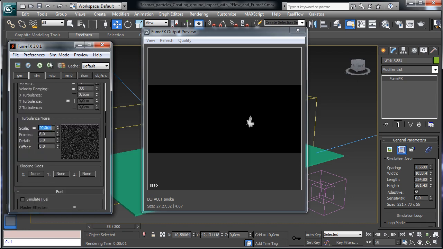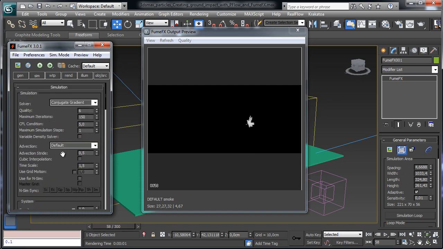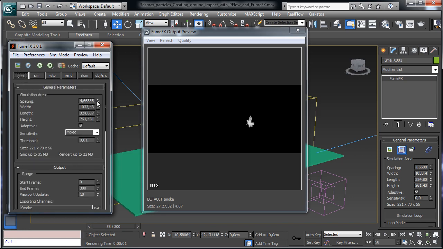There we can go down with the tail, and we can have a little bit more turbulence. Okay, we can go down with the quality and the resolution,